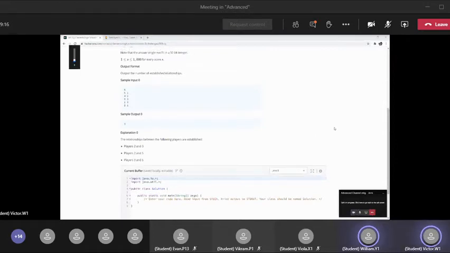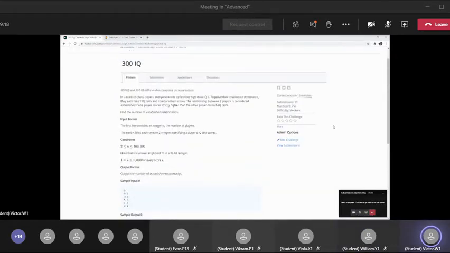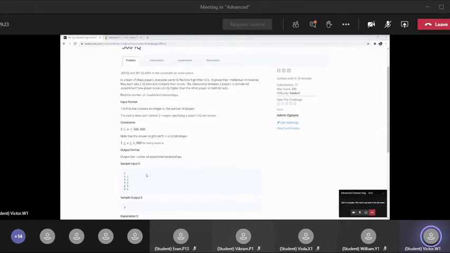Okay, so basically, what this problem has you do is there are n players, and each player takes 2 IQ tests, and then you're given the 2 scores that each player gets, and then you want to find the number of pairs of 2 players, such that one player scored higher than the other player on both IQ tests. So, for example, the pair of this second player with this third player